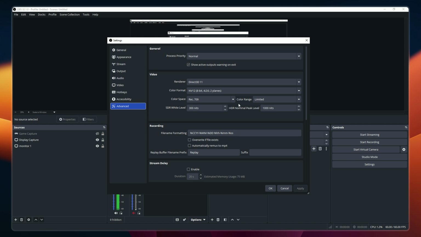Now, on the right side of the Advanced Settings page, locate the section labeled Color. Right beside this label, you'll see a drop-down menu. Click on it and select Full from the available options. This setting ensures that OBS uses the full color range instead of a limited range, which is often the main culprit behind washed-out recordings. After making this selection, click Apply to save the change, and then click OK to close